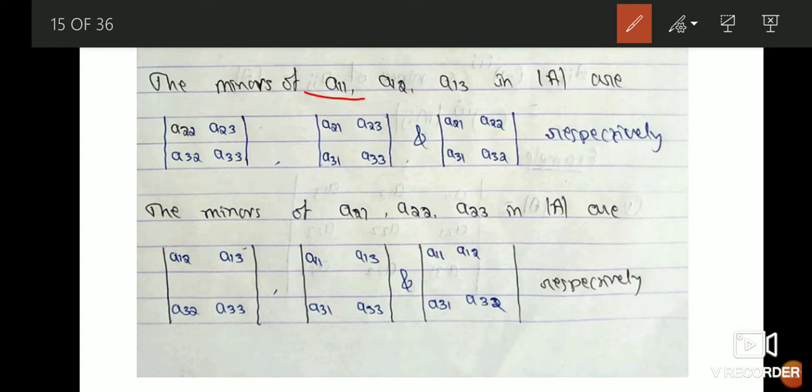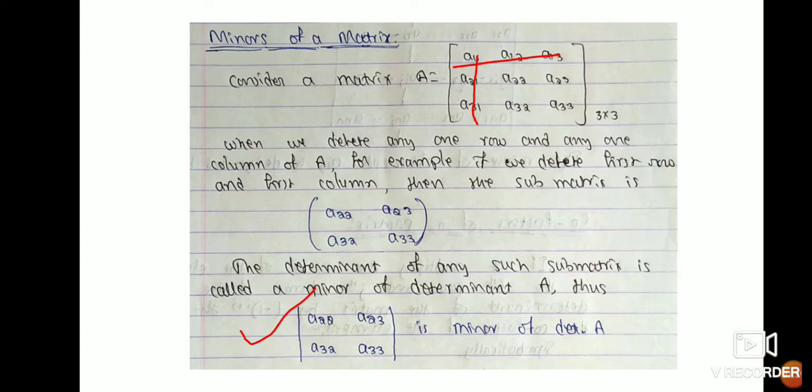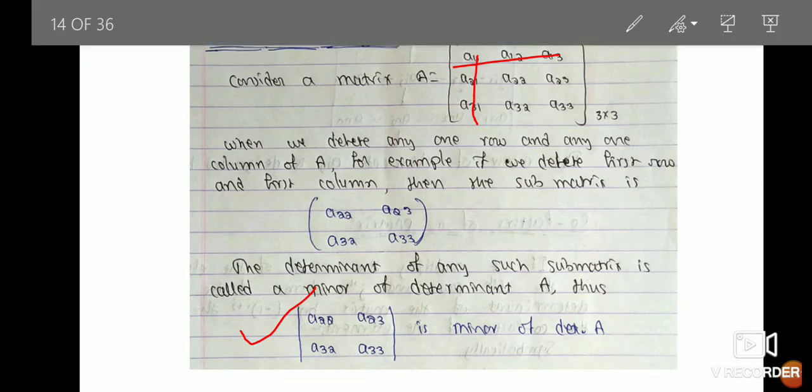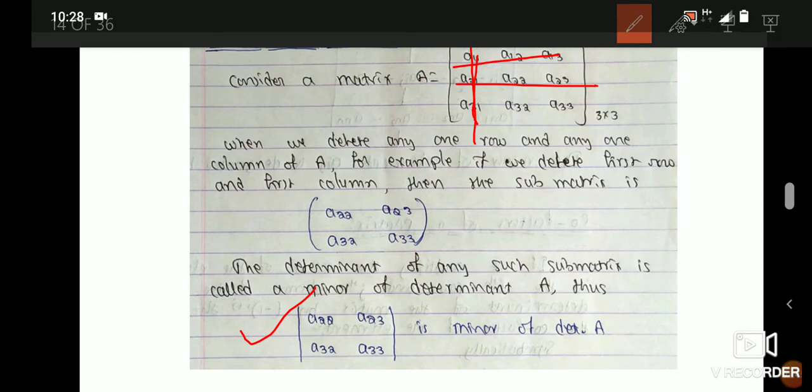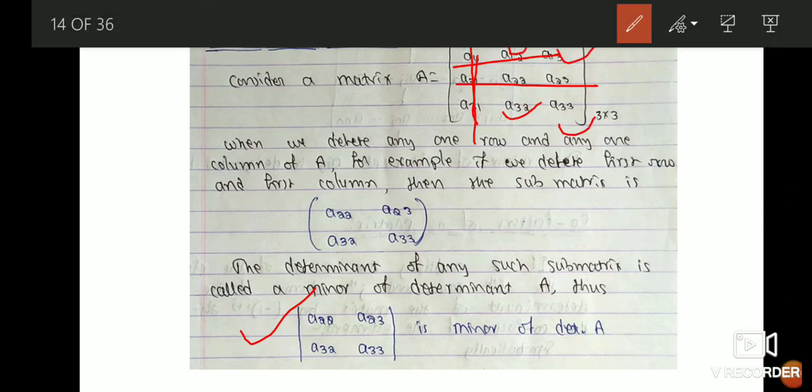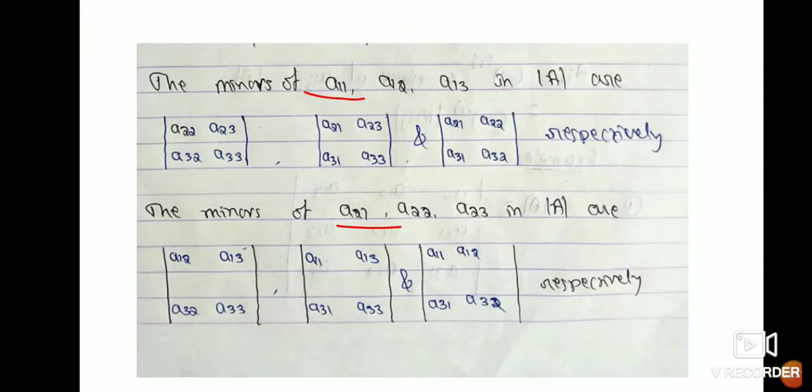Similarly, if you want to get the minor of A21, that means you have to delete the elements of the second row and the first column. Then the remaining elements are A12, A13, A32, A33. So that is the minor of the